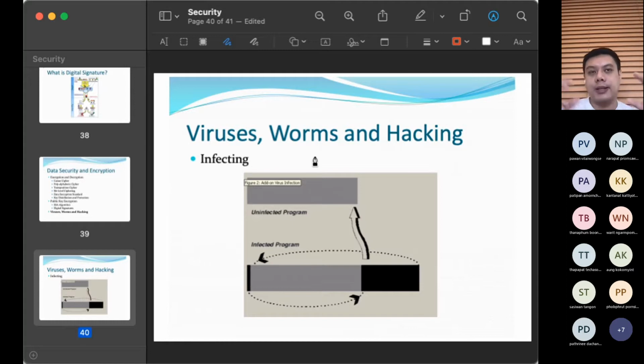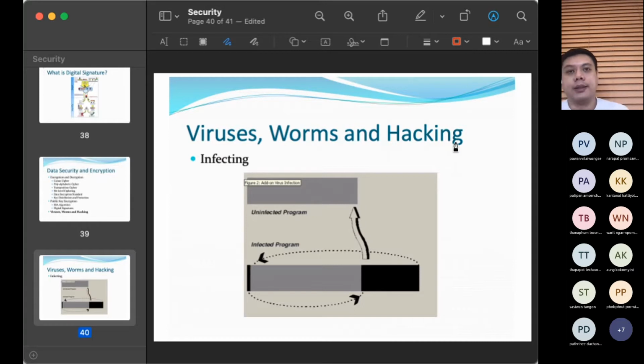Worms are another thing. Try to imagine a worm, the green jelly bubble animal. What is the worm doing? It looks like the worm in the physical world. They're not really going to bite you and kill you. The worm is a program that copies itself and expands all around your computer resources without permission. What is annoying is that they use the resources without your permission and consume a lot of your computer, which you don't like, and in the end too many resources are consumed and your computer is not working properly as it should. That's worms.